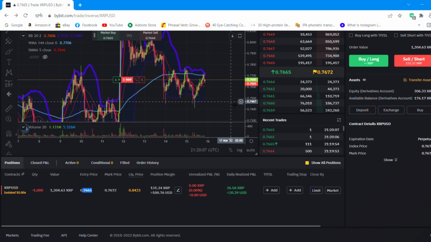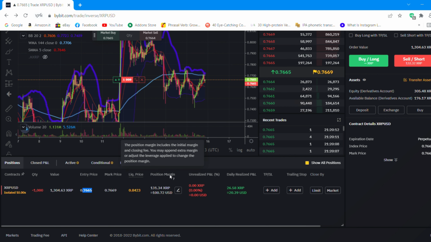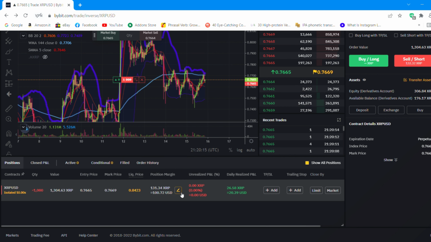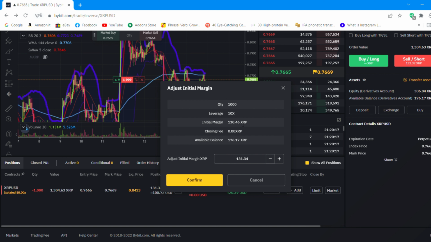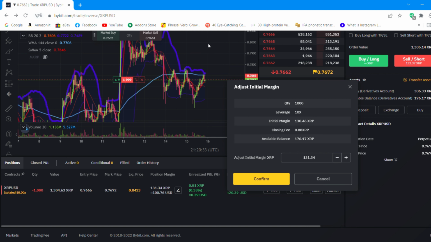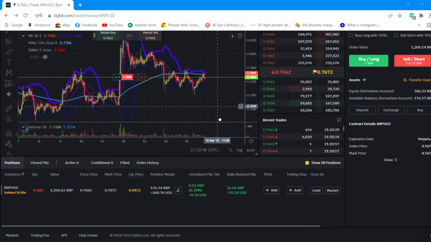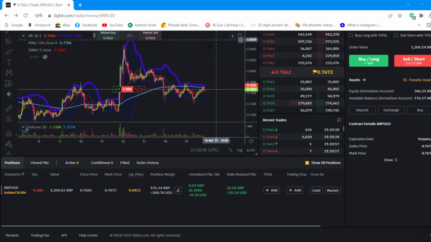So once the position is active, there are some elements of it that I can adjust, and one of them is the position margin here. In this position, I have 131 XRP, and my liquidation is 84.23. Let's see, I see XRP starting to pump like crazy. And 84 would be the previous top,